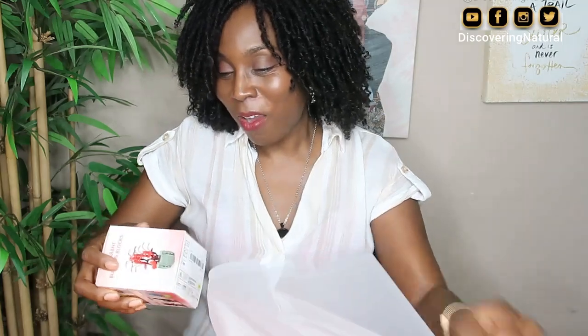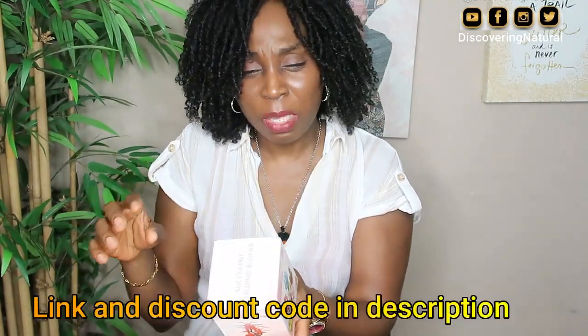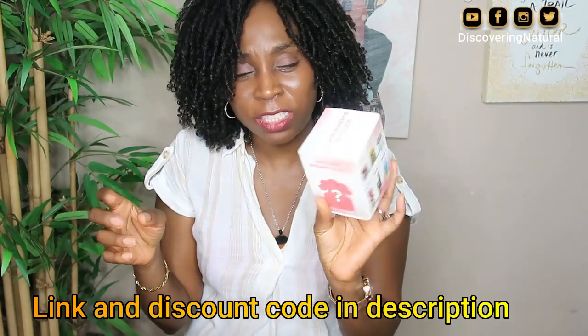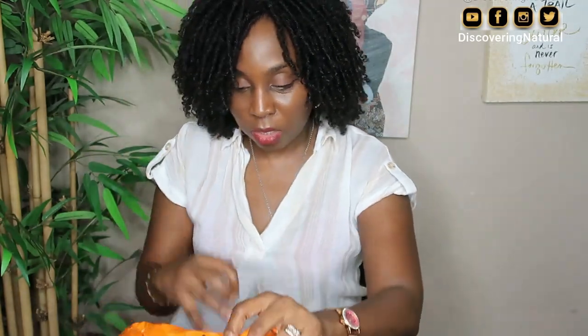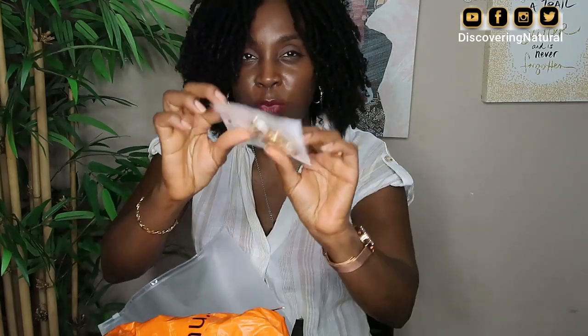Okay, so other things that I got, this is for my daughter. She is getting these building blocks. It's for succulents, and they have different succulents, different building blocks. I'm not gonna open it, but you kind of just assemble them like cactus and all this stuff. I'm not gonna open it because there are too many pieces in there. My oldest daughter decided to get jewelry this time. Okay, so she got a whole bunch of rings,